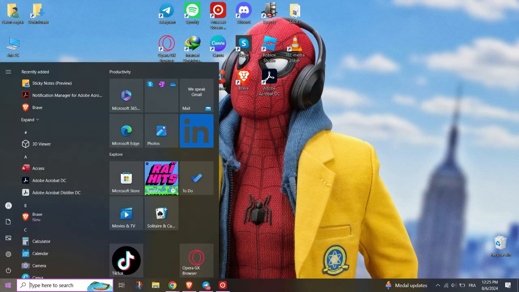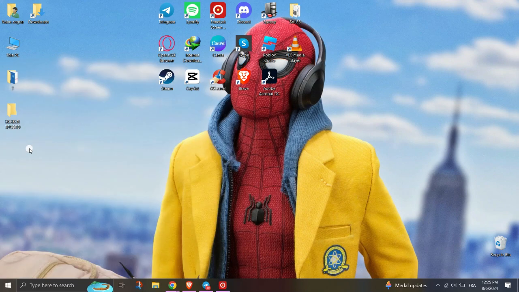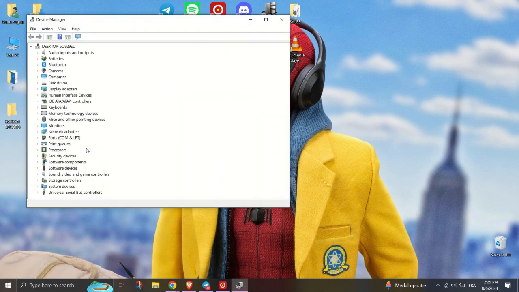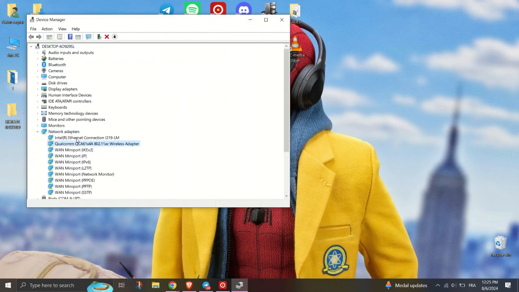Press Windows plus X and select Device Manager. Then expand the Network Adapters section. Right-click on your Wi-Fi adapter and select Disable Device. Wait for a few seconds, then right-click again to select Enable Device and restart your computer to ensure that changes